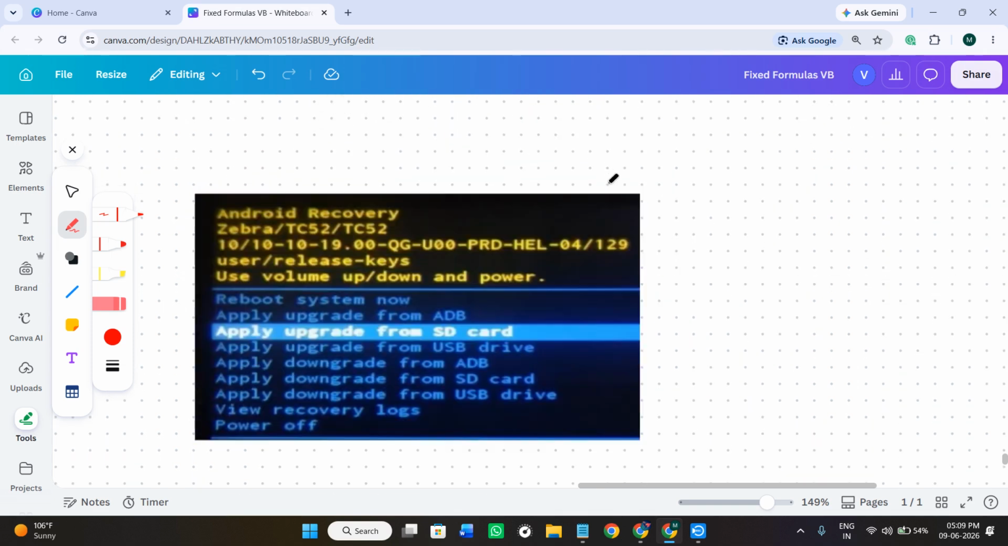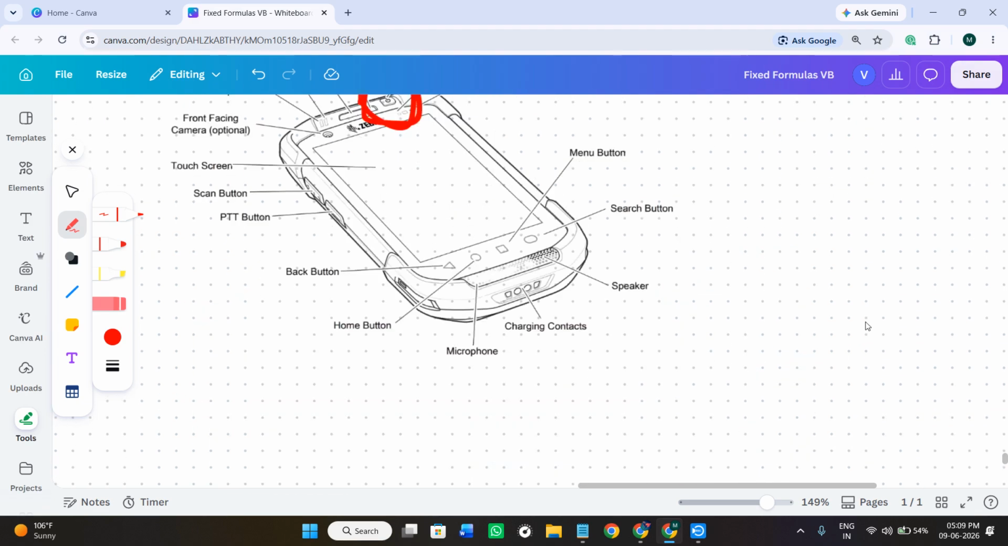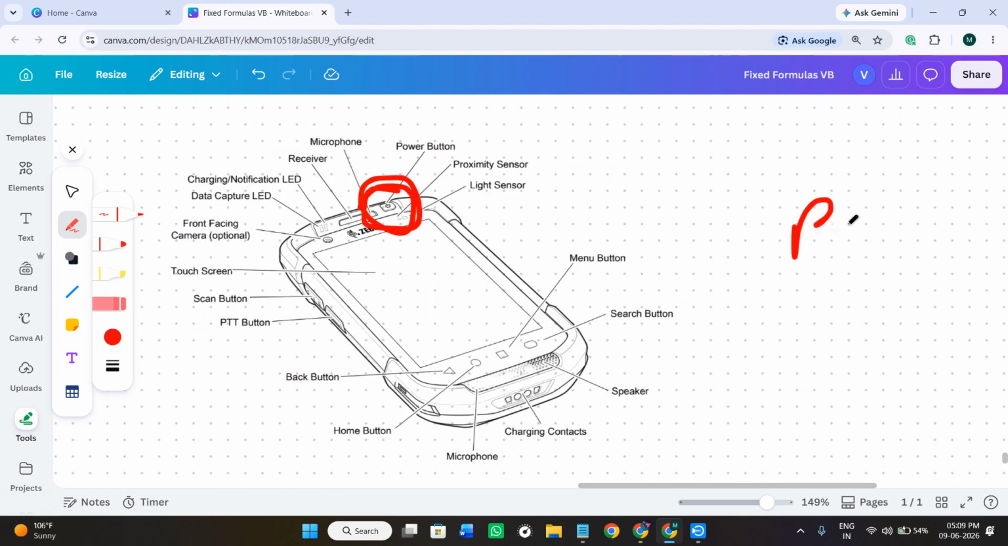So when the power menu appears in front of you, you will be shown this first option of reboot system now, and sometimes you will also see the option of restart. Just do not let the device fully reboot yet, because we will need to press the hardware button during the startup. So as soon as the device begins restarting, you just have to simply press and hold the PTT button,